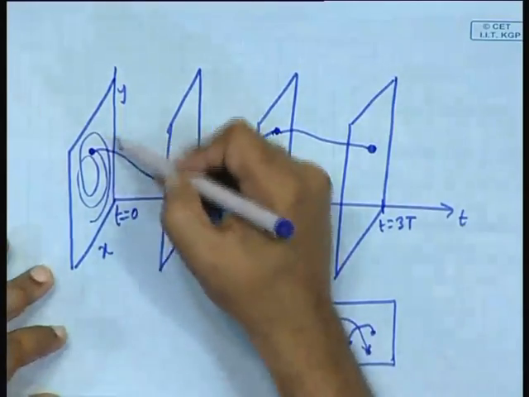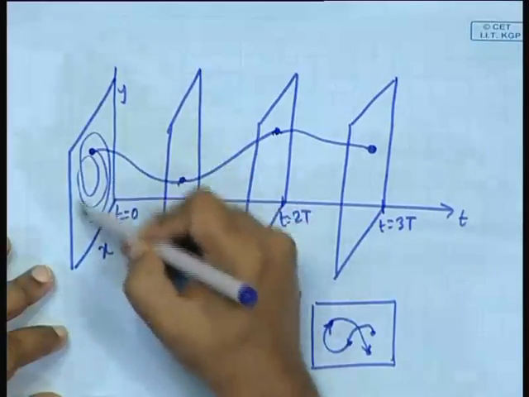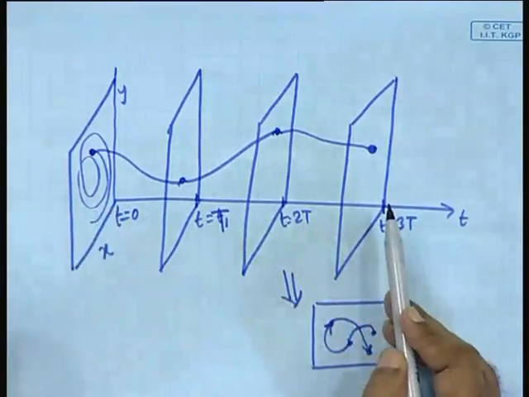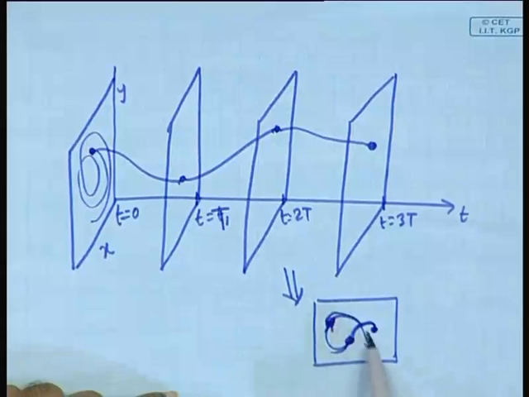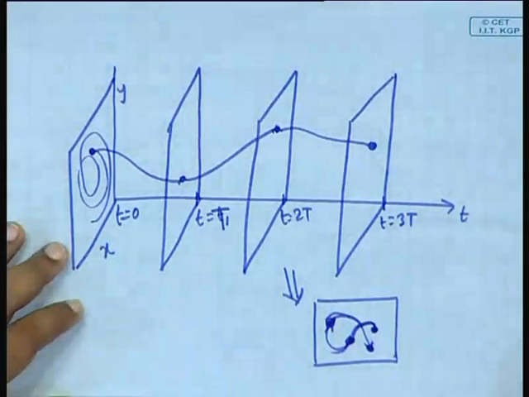So, even though in this plane if you plot the orbit, you will see it going like this, but actually if you discretely sample it in synchronism with the time axis or whatever is the periodicity in the time axis, you will see discrete points, a point mapping to another point, mapping to another point, and so on and so forth. So, that is what we wanted to achieve.